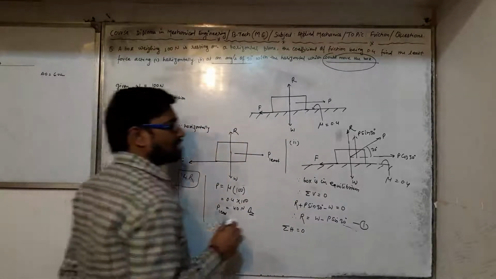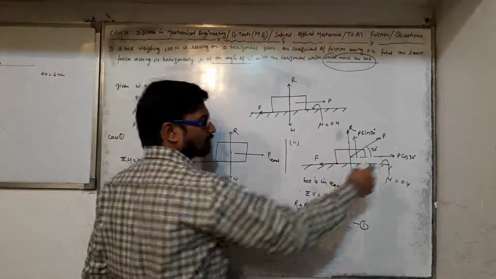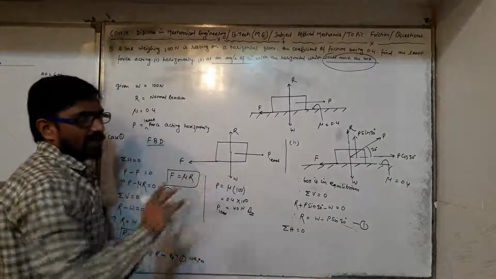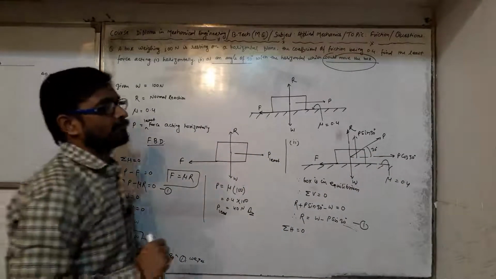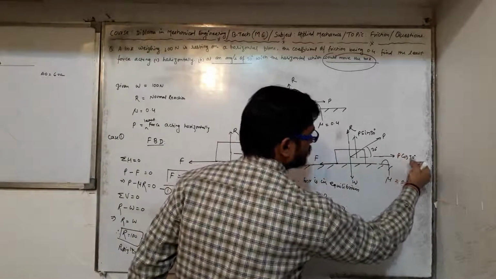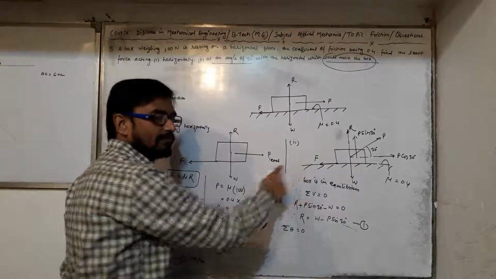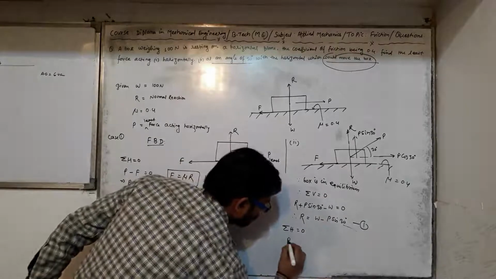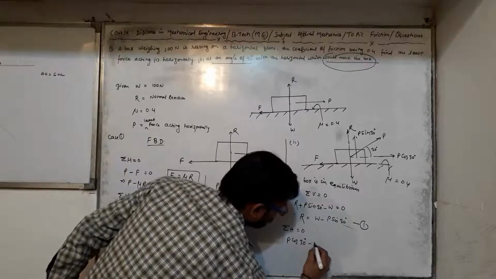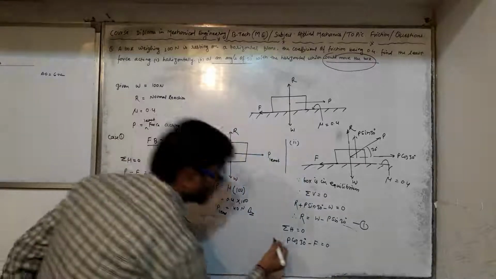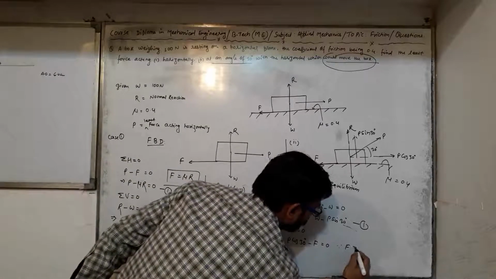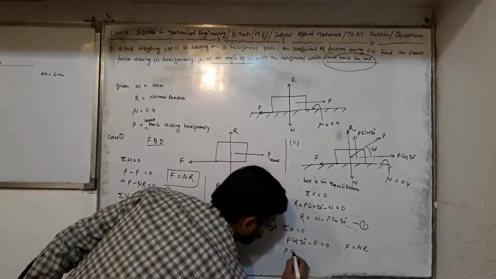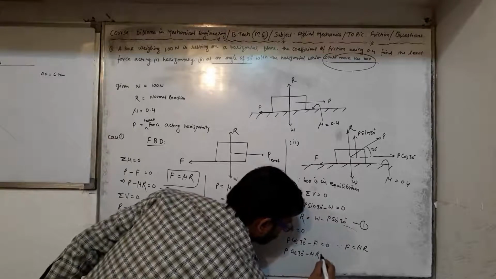See my dear students, here there are two forces acting horizontally, P cos 30 degree and F. Both are acting on the body simultaneously but in opposite directions. So if P cos theta is taken as positive, therefore F must be taken as negative because of its opposite direction. So P cos 30 degree minus F is equal to 0. As we know very well, F is nothing but mu times the normal reaction, so putting the value of F, P cos 30 degree minus mu times R is equal to 0.